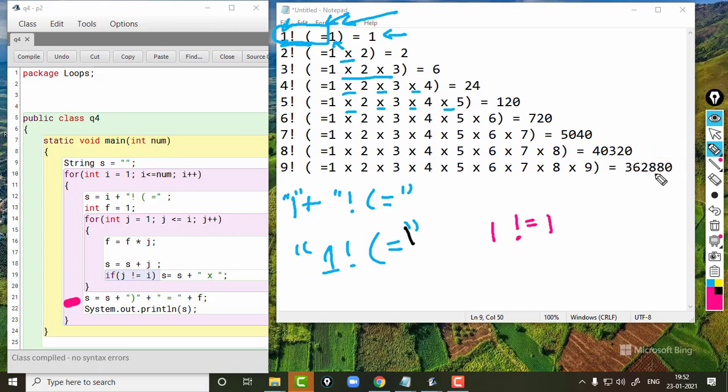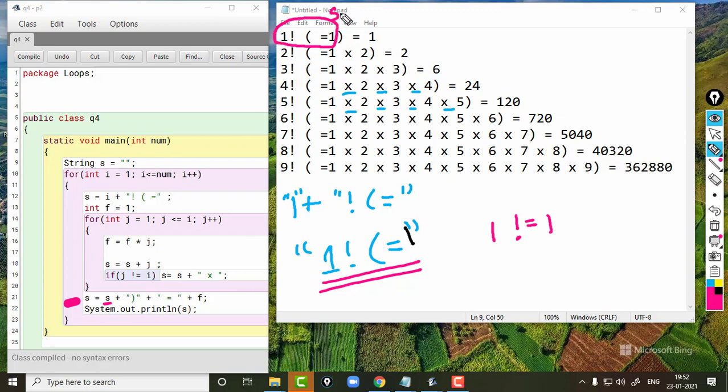Once we are outside the inner loop, we need to do a few more concatenations. See, s is equal to s plus, so s has already got this. That means we have printed up till here.